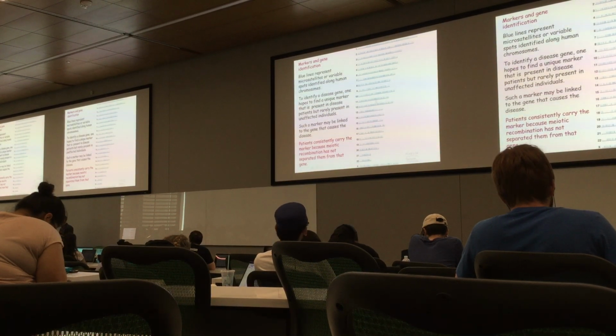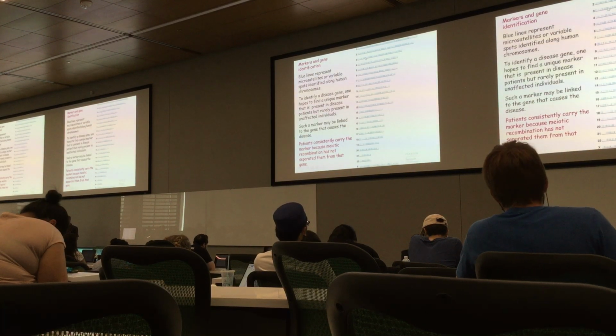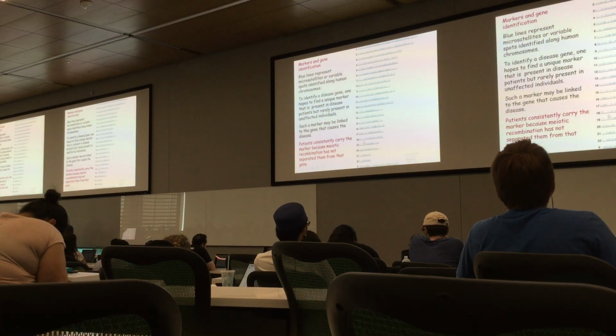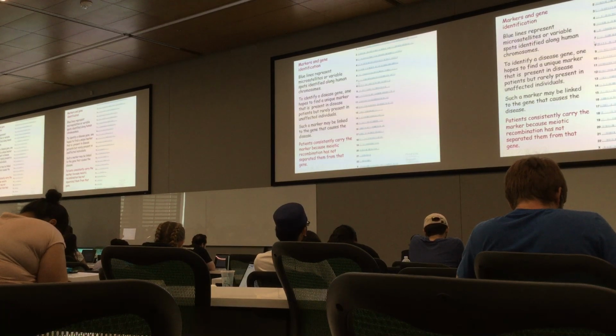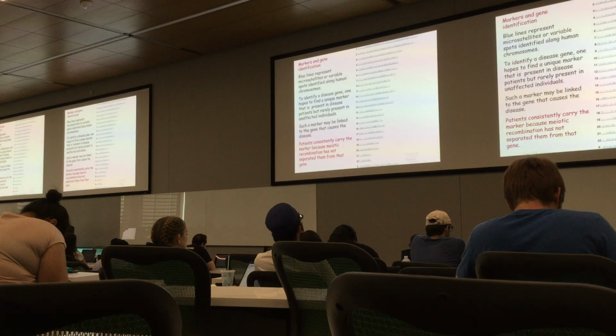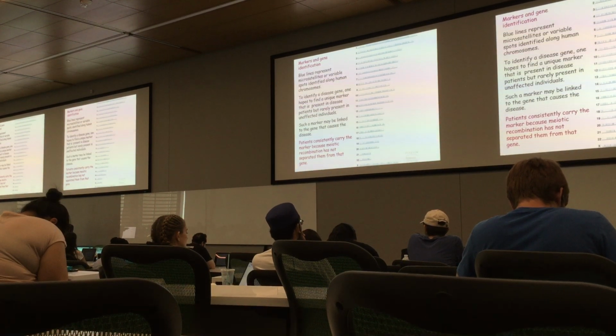So the reason you do it is that you have this kind of library of unique sequences that cover the entire genome relatively evenly. And you're just hoping to find enough situations where a marker is connected to an individual that has the trait and suggests that because the marker is linked so closely to the gene, it's never been recombined, so you've never separated them. And so therefore, maybe that's identifying